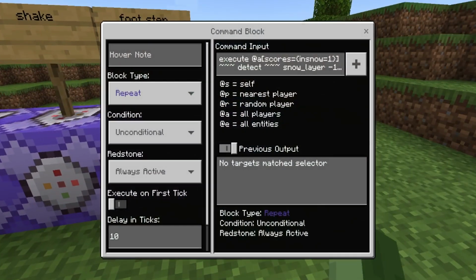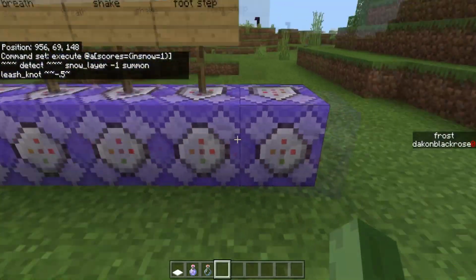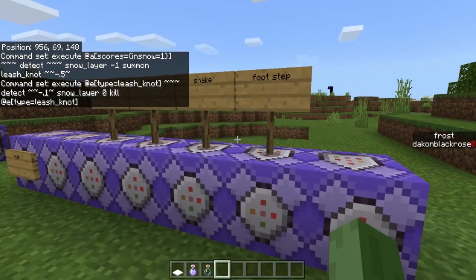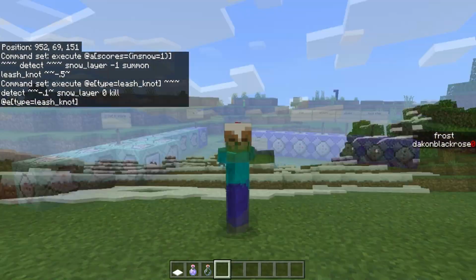The only thing is this needs to be at a 10 tick delay, so it looks like you're actually walking with the slowness effect and everything. This one does not. It does not have a delay. None of the other ones have a delay, but that is pretty much it for this I Code Your Idea